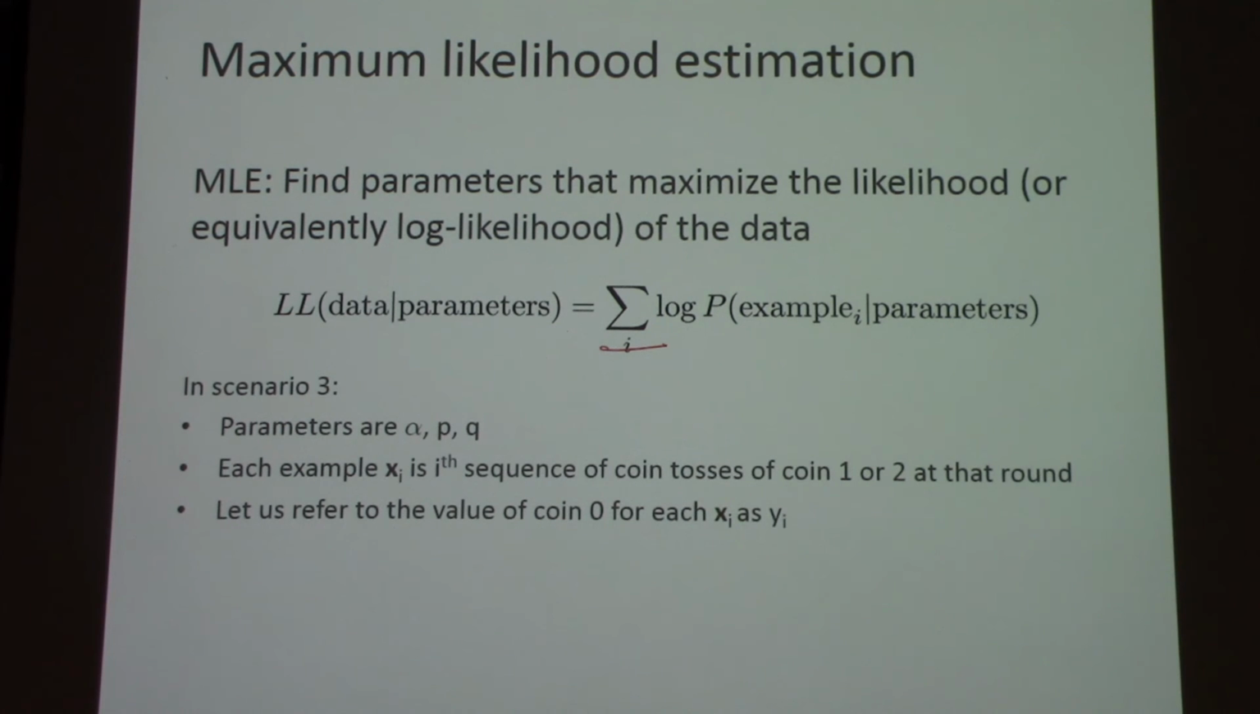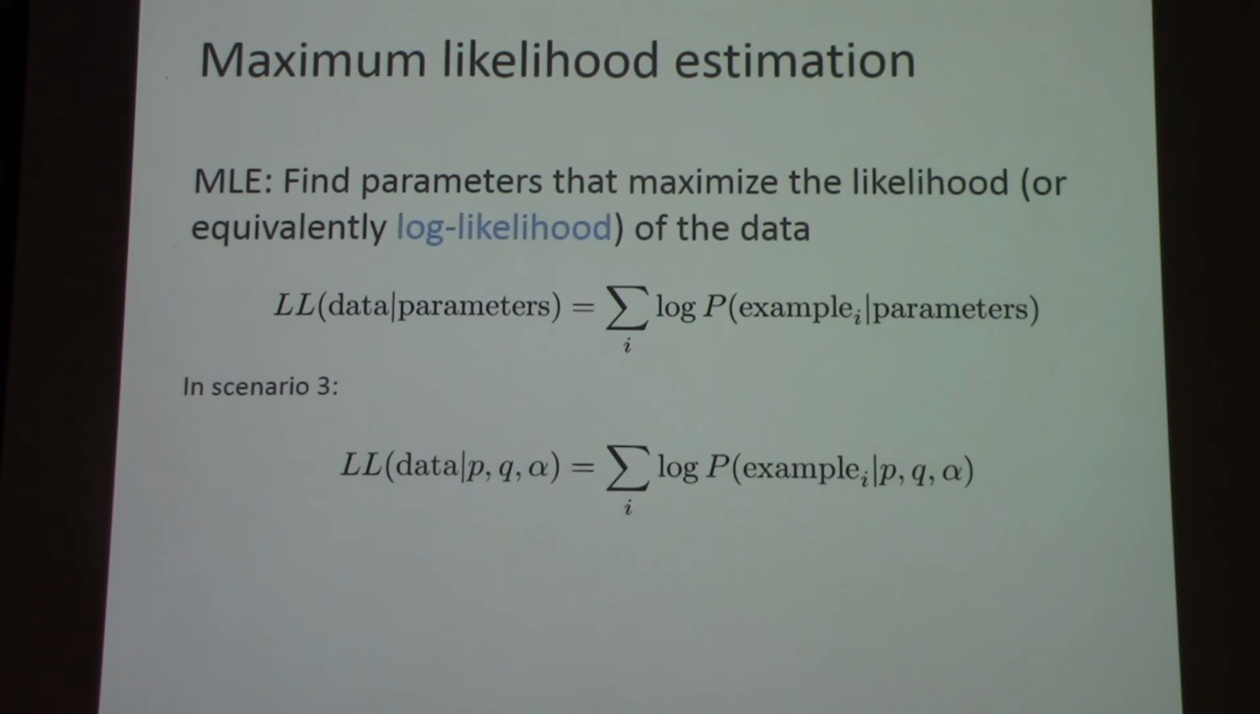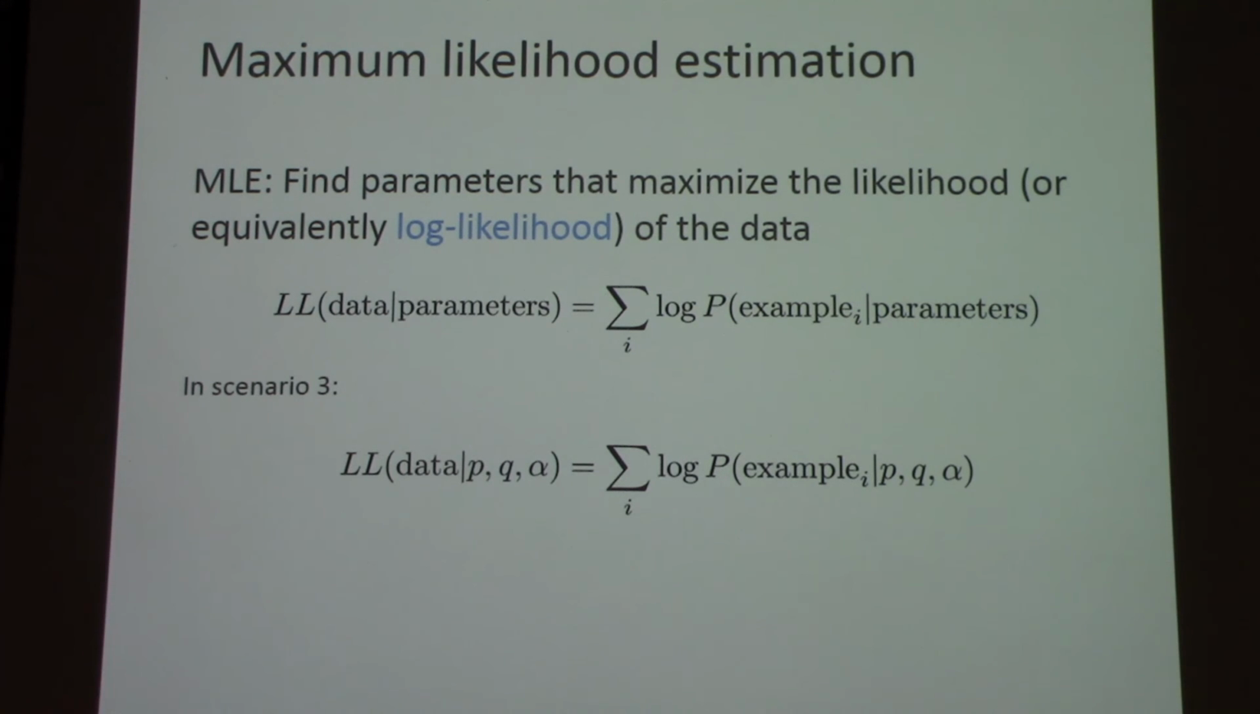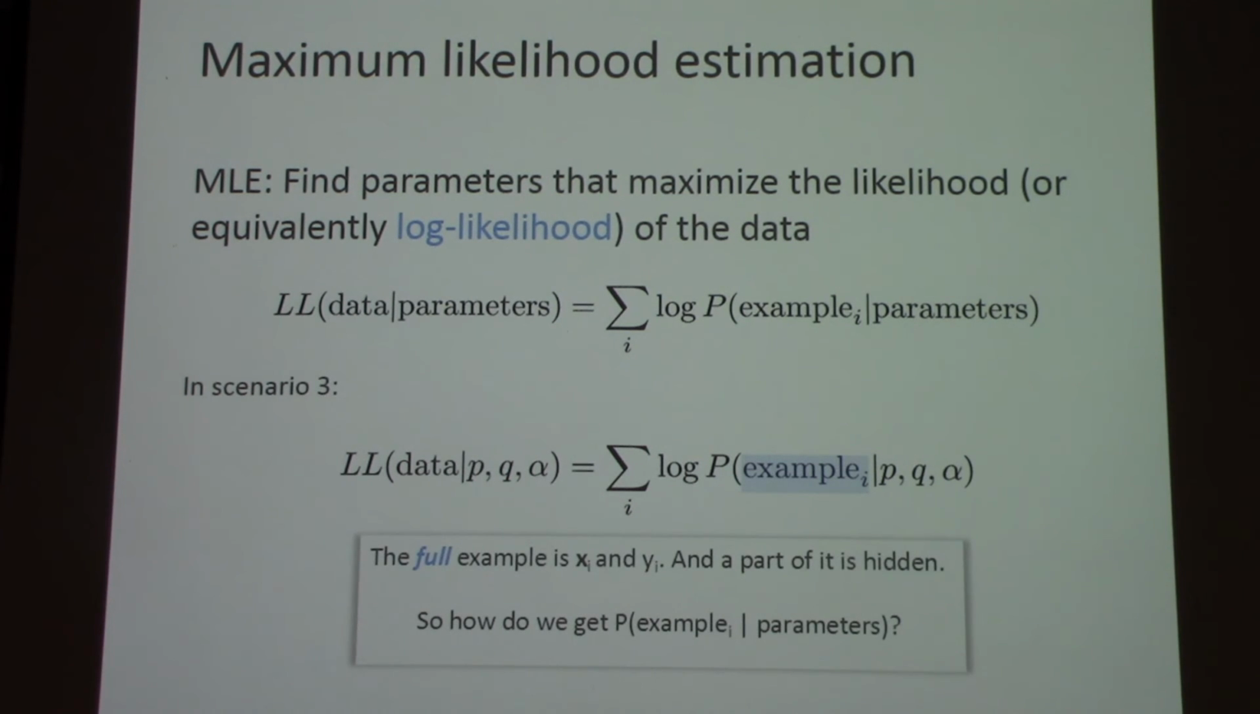Okay? So we care about maximizing the log likelihood of the data, finding those values of alpha, p, and q that maximize the likelihood of the data, which is just the same as saying, find the values of alpha, p, and q that maximize this summation. Remember that when I say example, I mean just this xi. Example i is just the observation that we have. We want to find the parameters that maximize the likelihood of the